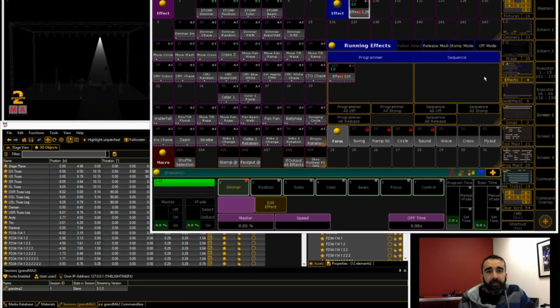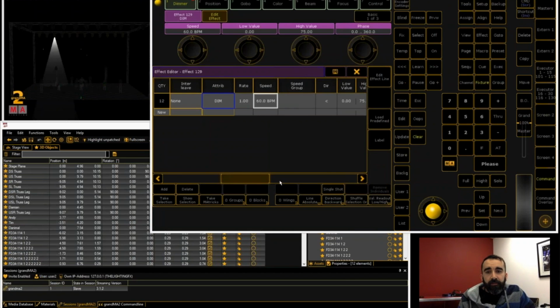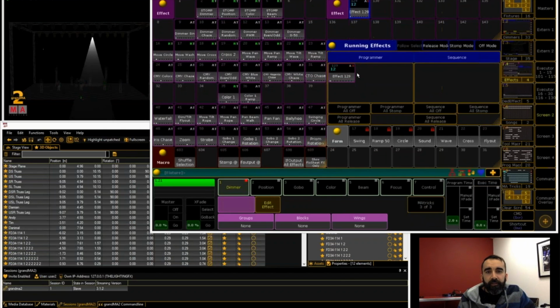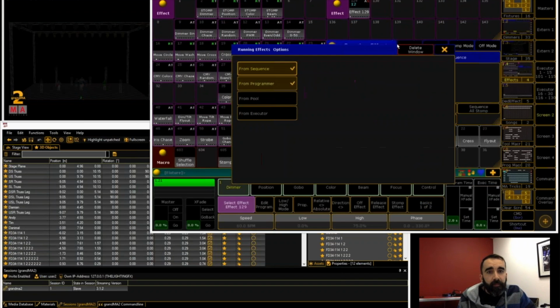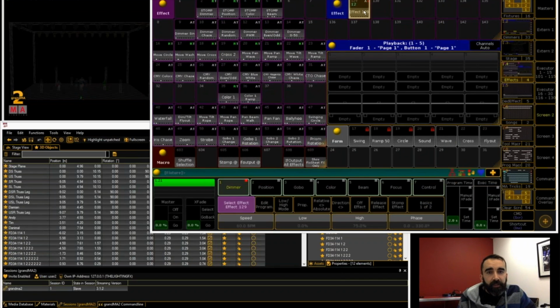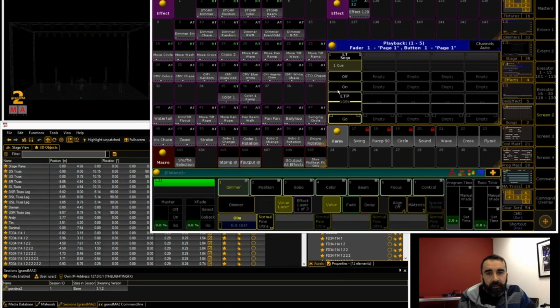Now in the questions, somebody asked about one-shot effects. So currently this effect runs over and over, but we have this new option all the way on the right called single shot. When I turn this on, it means that the effect only runs 1 time. So every time I hit this effect, it's going to run 1 time. And this would make more sense on maybe a flash button. So this effect is running in my programmer. I will store this to this executor, and when I hit go,